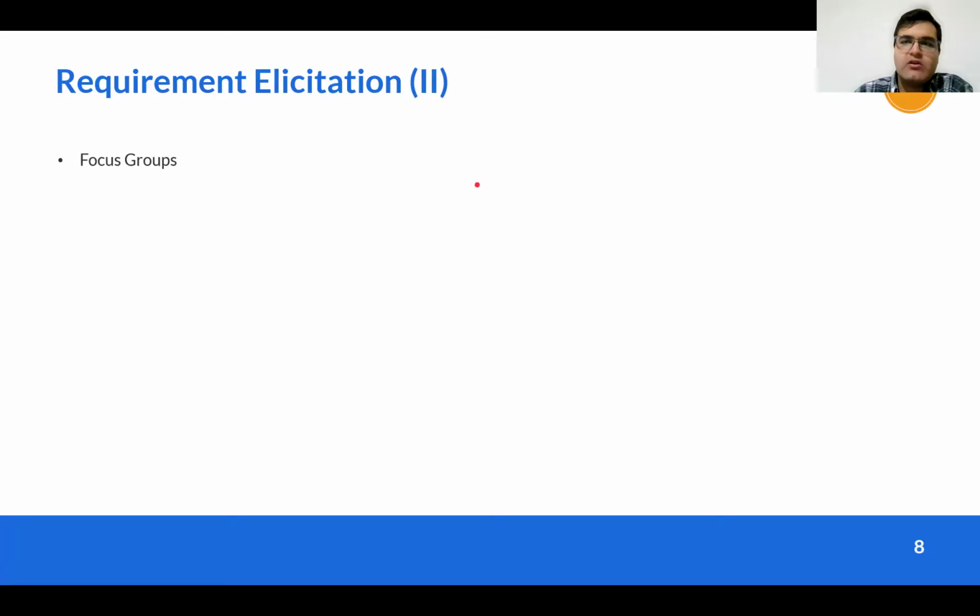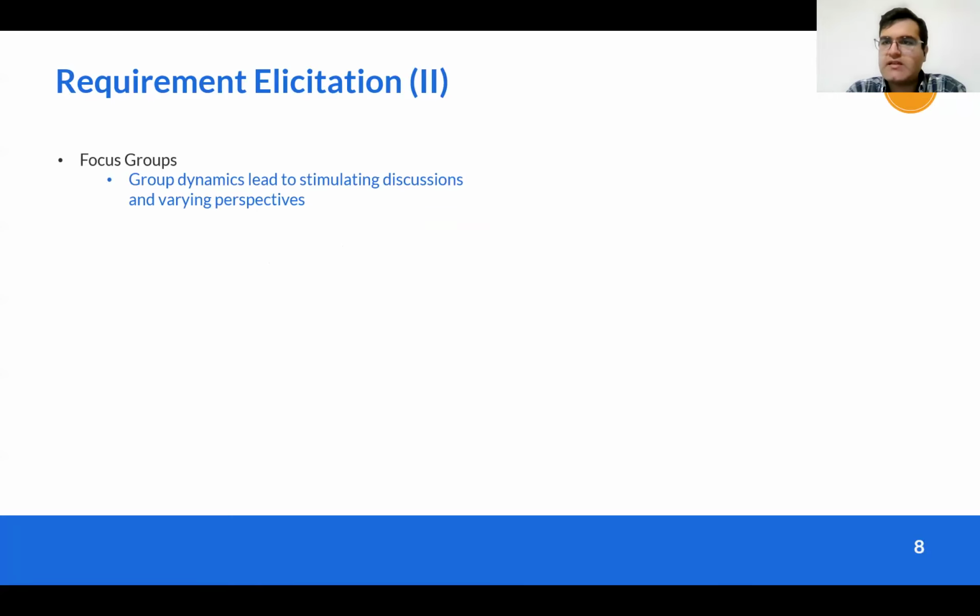The next way of getting your requirements is focus groups. Focus groups is when you have a group of people, could be end users, could be your clients, could be just stakeholders in general. And you have a topic that they discuss, you have a moderator who makes sure everyone is on track, but doesn't really contribute to the conversations. And as they're discussing,